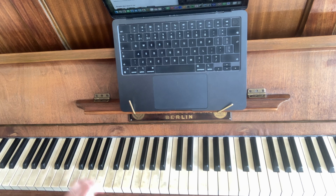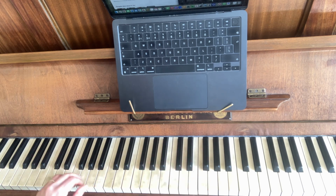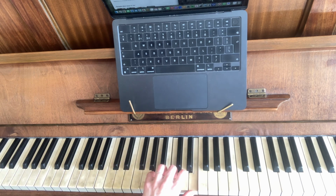"Here am I alone again." So this is all in, there's a lot of minors. So you're going D minor. So I'll do the left hand. I feel like there's more going on in the right hand, which perhaps I'm not going to go into too much. I'm just going to try and do a quicker version of this because "here am I," A minor,